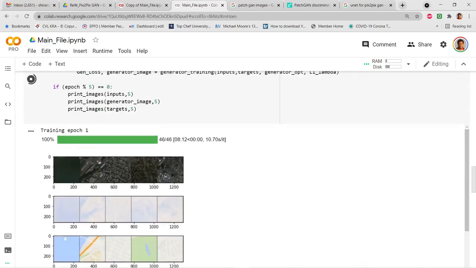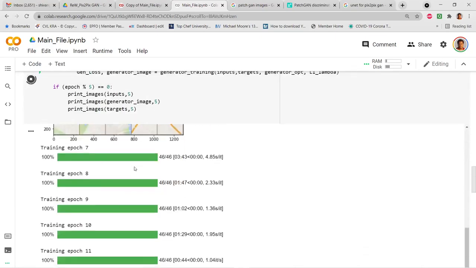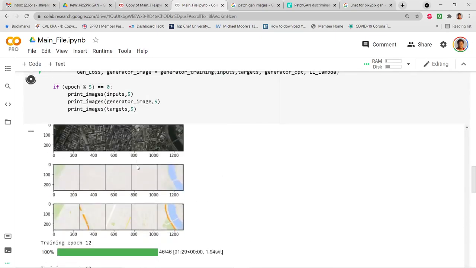So the Jupyter notebook is still running, and what we want to show is this is the input. This will be the input to a model. The first row is the input to a model. The third row is the ideal output or the expected output to the model, and the middle row is the output which a model is generating. So currently we are in the process of running it.